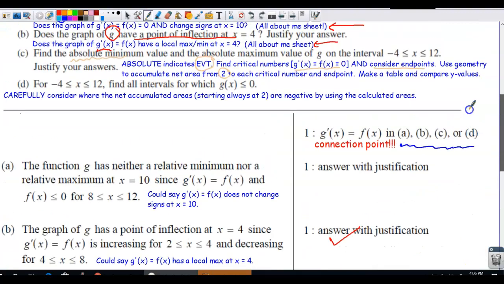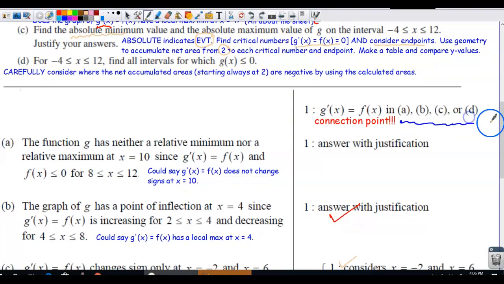And then looking at letter D. In letter D, this is really all about area. From -4 to 12, find all intervals for which G of x is less than or equal to 0. So you've got to carefully consider where the net accumulated area is, because they're looking for the G original. And remember, G original always starts at 2, goes to the Y value in question under f of x